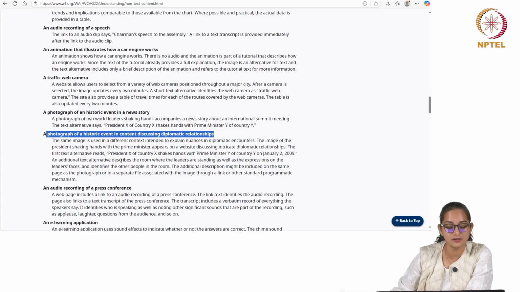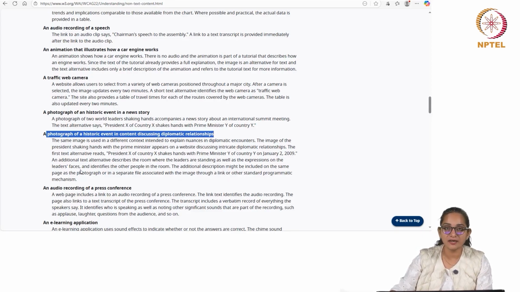The first alternative text reads, President X of country X shakes hands with Prime Minister Y of country Y on January 2nd, 2009. Additional alternative text describes the room where the leaders are standing as well as the expressions on the leaders' faces and identifies the other people in the room if they are there in the picture. The additional description may be included on the same page as the photograph or in a separate file associated with the image through a link or other standard programmatic mechanisms.